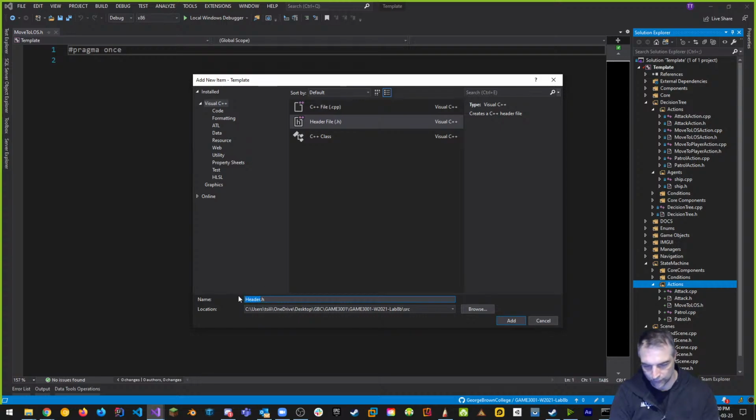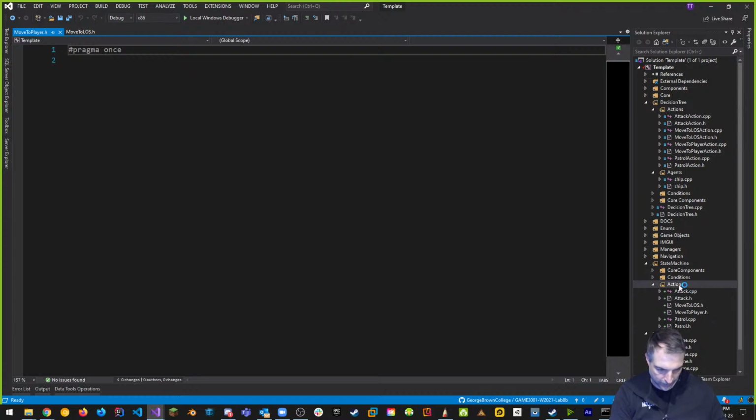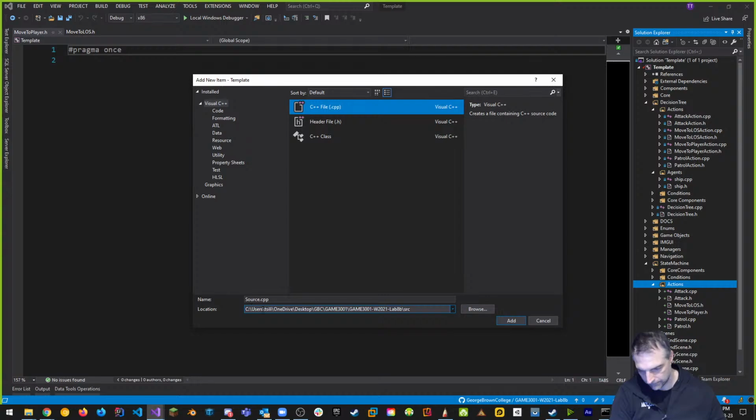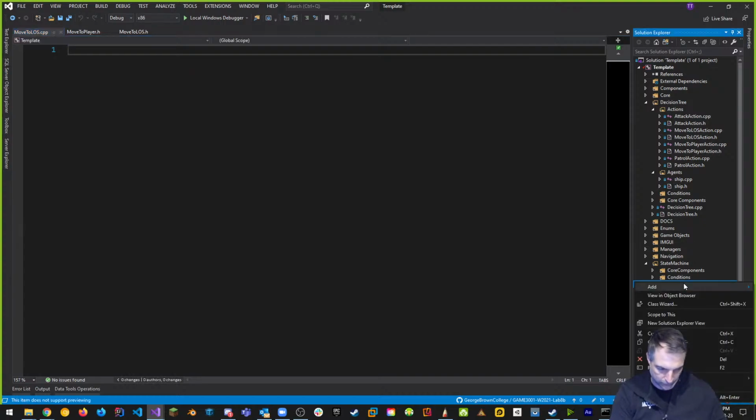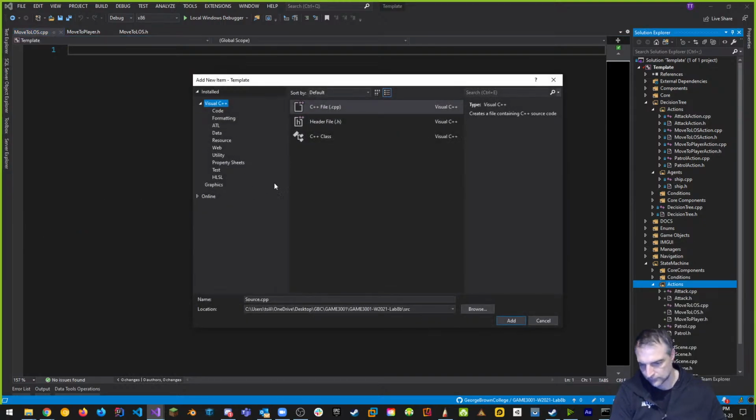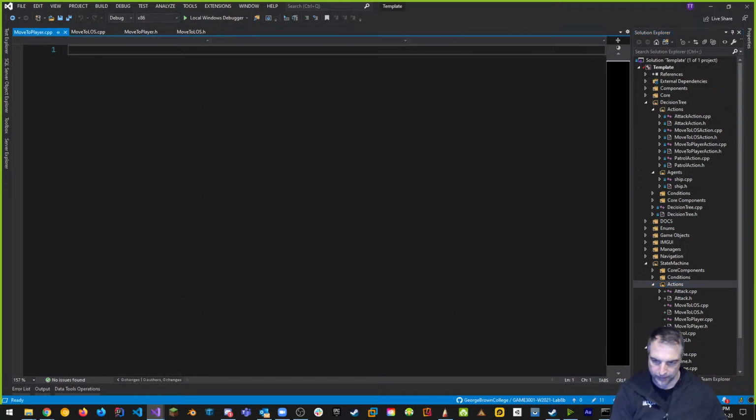We'll do this, move to player, and we'll add in their CPPs, right? Move to line of sight, and move to player. And then I'll put this up on GitHub in a second for you guys. Move to player. All right, and now that we have this, I want to include